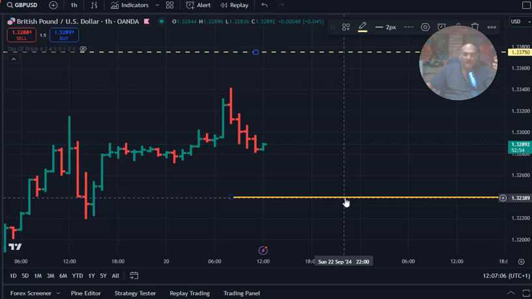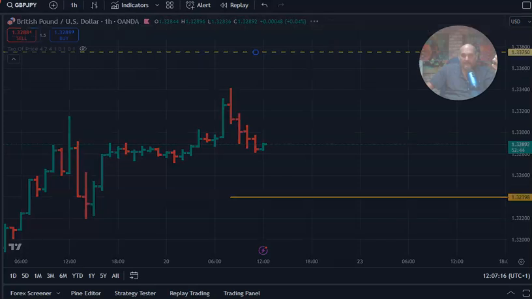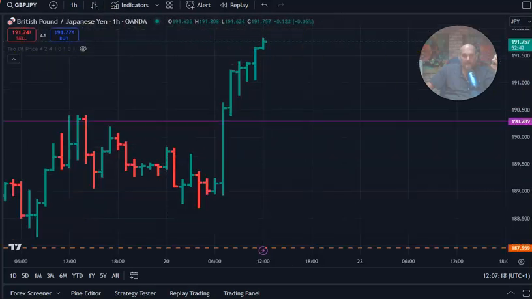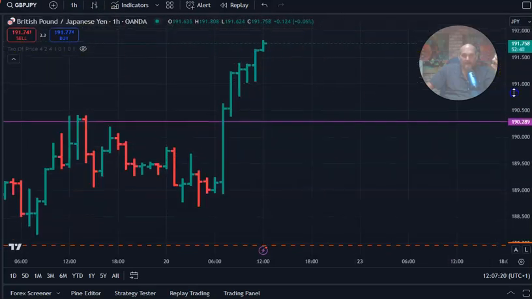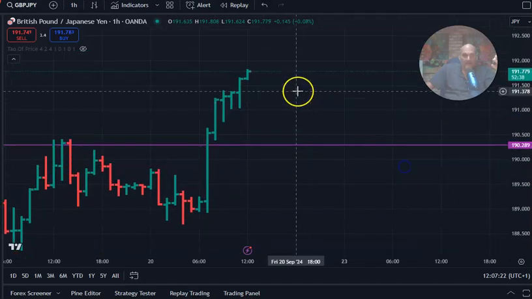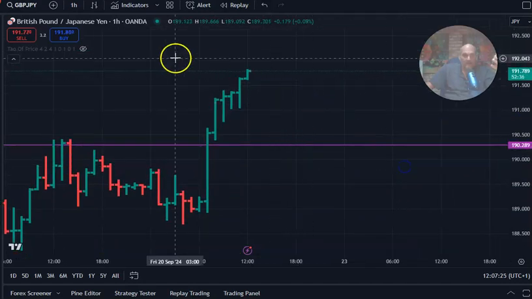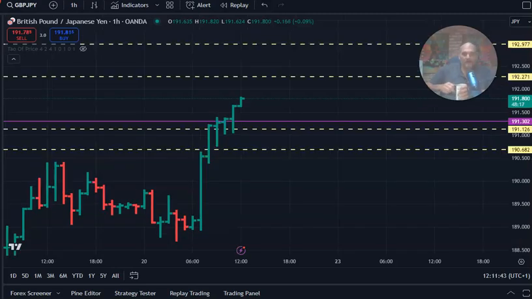All right, so let's move on to the star of the show: British pound, Japanese yen, sterling yen. Let me get my numbers in order so I don't ramble on for no reason. Hang on. All right, and good old sterling yen. What we got going on here is that we should have support at